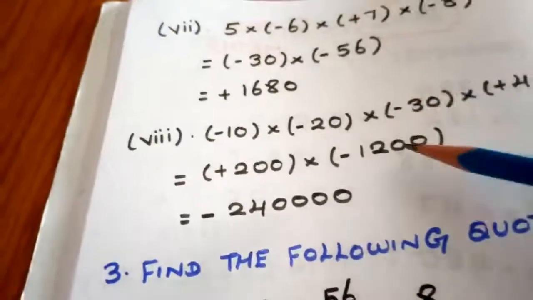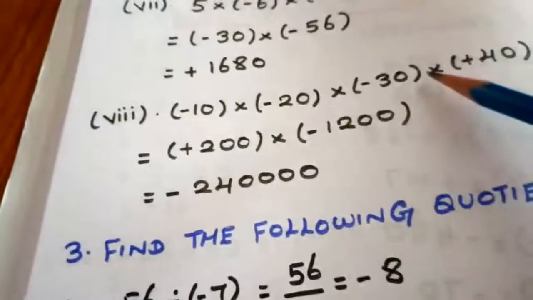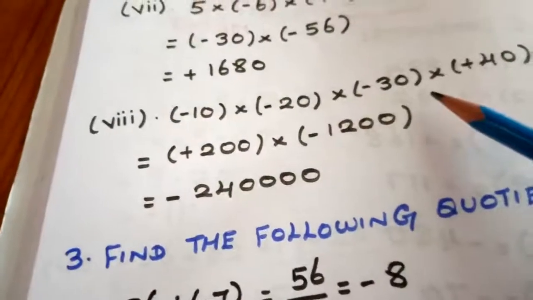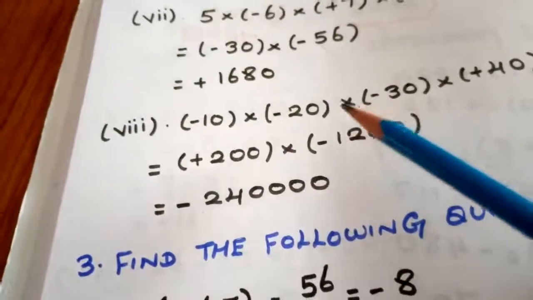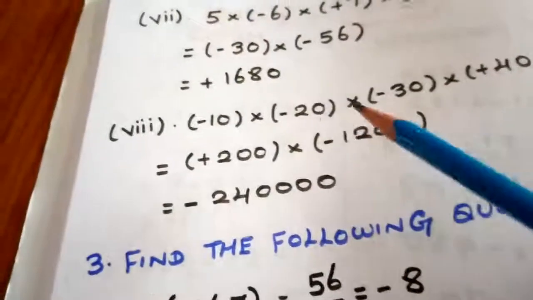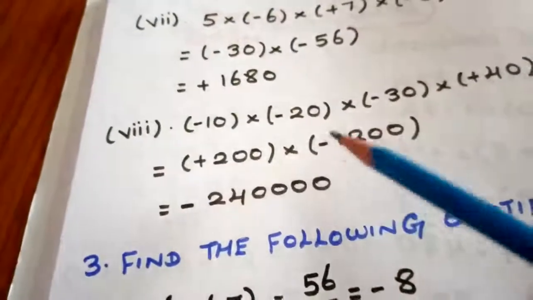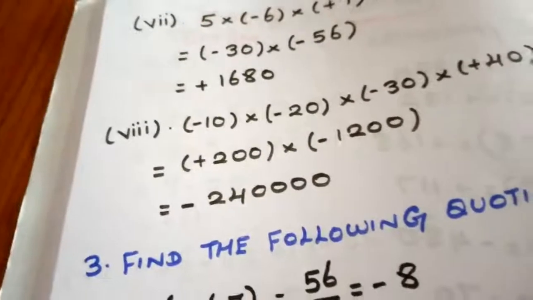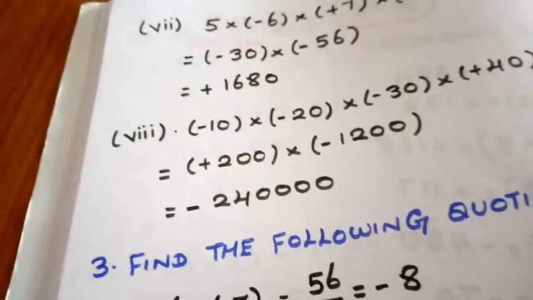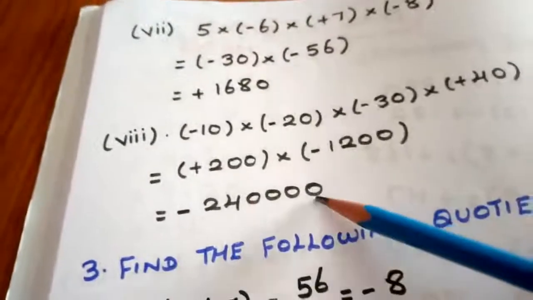Then another thing I want to tell you, students, you are having 4 questions. I am taking the first 2 and last 2. Not only that, you can do it in any way. Instead of first 2, last 2, you can take the middle one, multiply, and do the calculation in any way. You can keep the remaining as your question. And if you calculate it correctly, you will be getting this final answer in the correct way, students.